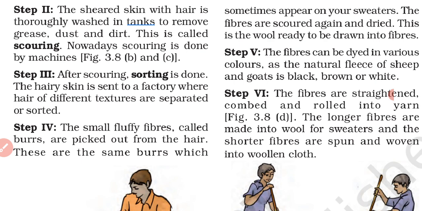So what is to be done then? The fleece will be sent to a factory where it will be broken, and then it will be separated into different sections of different qualities of fibers. So therefore, what is sorting? Sorting is the process of separating the fleece of a sheep into sections according to the quality of wool fibers, because some wool fibers can be fine, some can be coarse, some can be long or short. So according to the quality of wool fibers, the fleece of the sheep will be separated into sections in the factory.